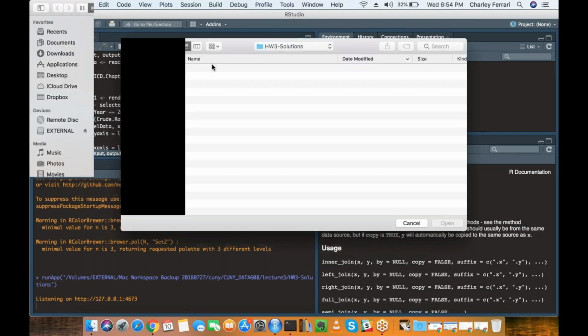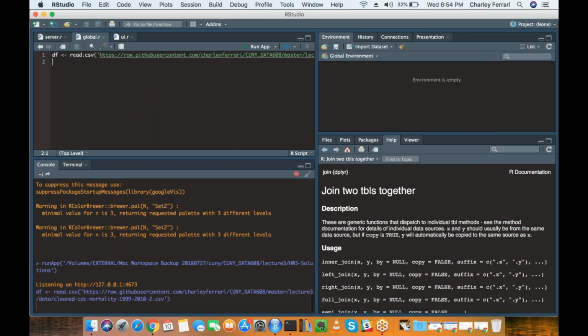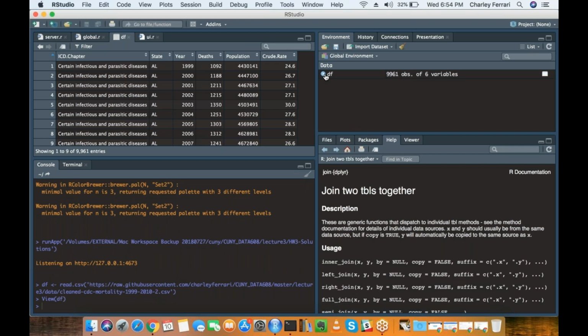I did have a global.R, so I'll just bring in the data, and we'll check it out before we get started.